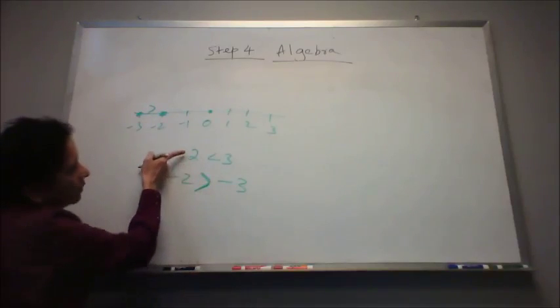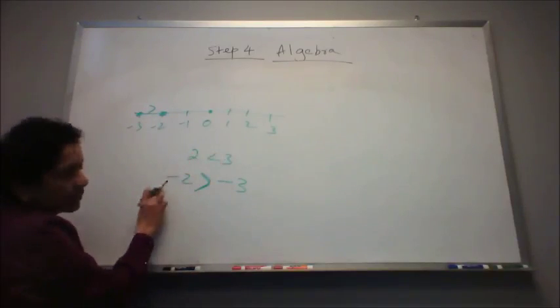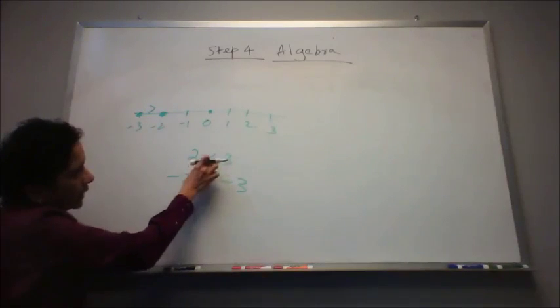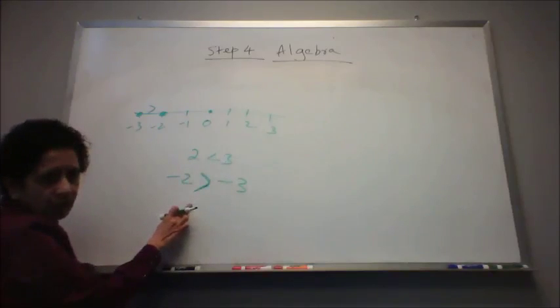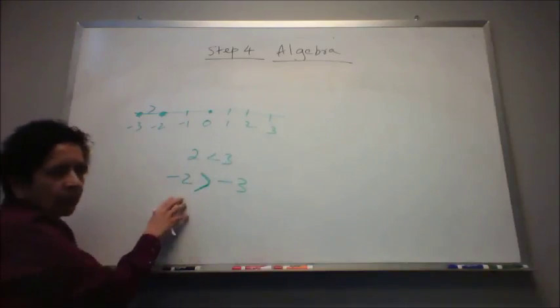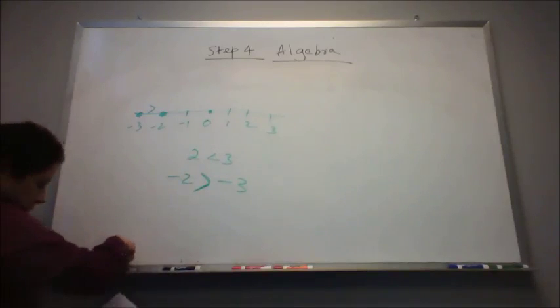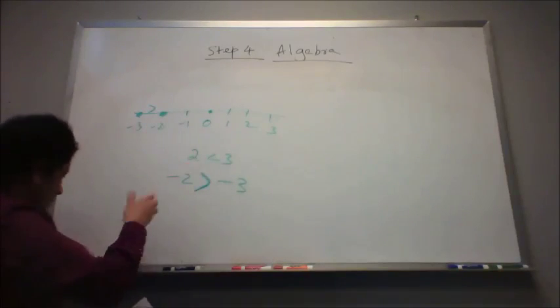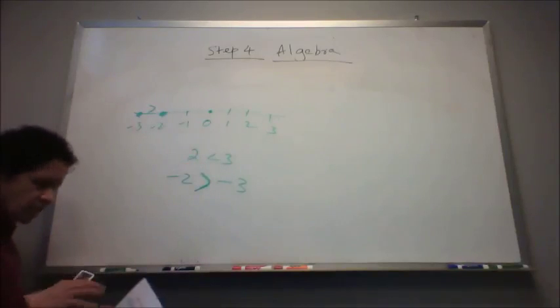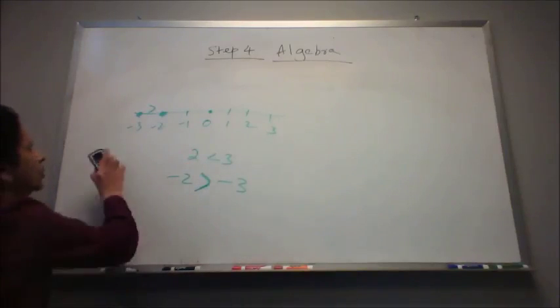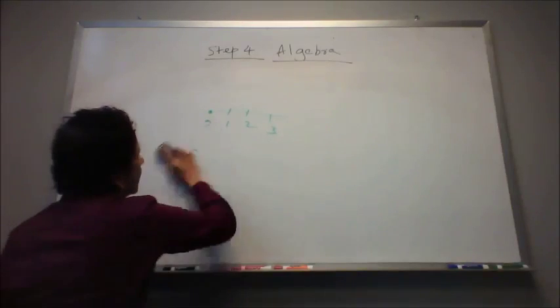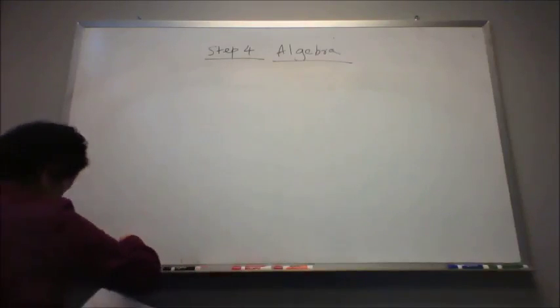So when I multiply both sides by minus 1 in this inequality, the inequality gets reversed. You need to remember this. We covered that in step 1, okay? As long as you remember this, you should be able to do inequalities the same way you do equations. So let's do, for example,